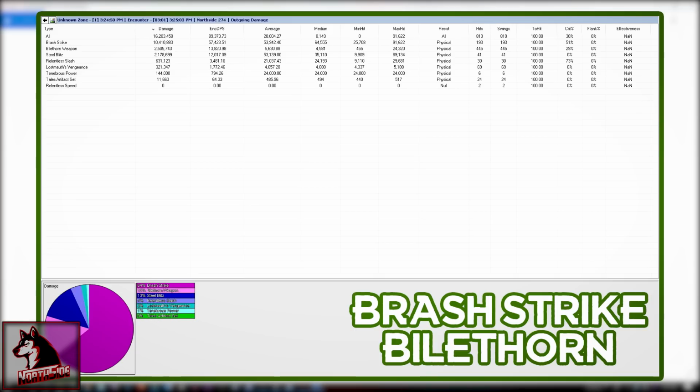I will just remind you now, there were a lot of people on the previous server. I could not use the child dummy. There's a lot of people waiting in a row, doing act logs and stuff like that. So there are some inconsistencies here and nullifiers, but it doesn't make any difference whatsoever. It's marginal. Brash Strike did 10,410,000 overall damage with the maximum hit